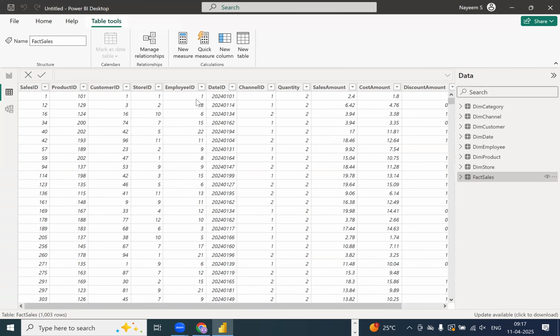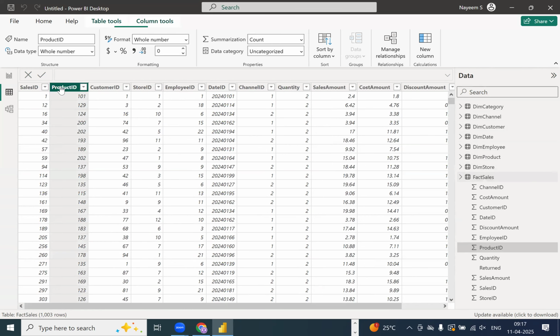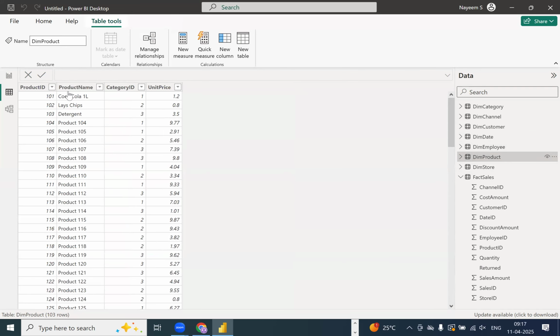For example, in the fact table you have the product information, and assume that we don't have the product ID. Maybe we just have the product name, or maybe the category or anything. So just assume that we have those columns and we don't have the direct product ID. And if you want to fetch the product details from this, meaning the unit price and the other details from the product,